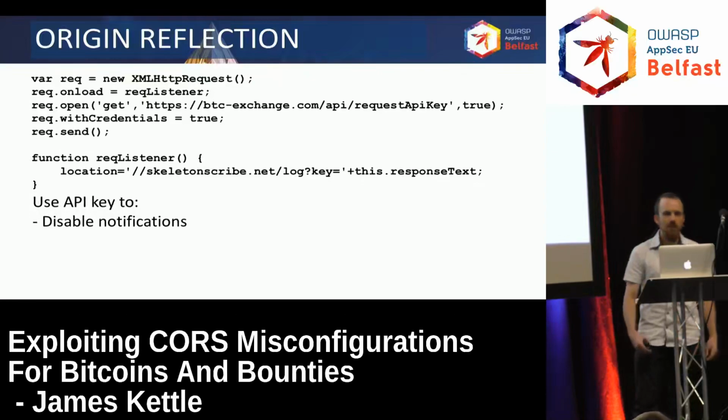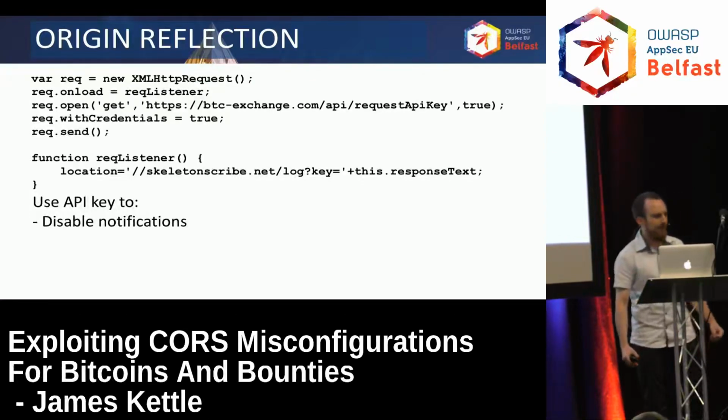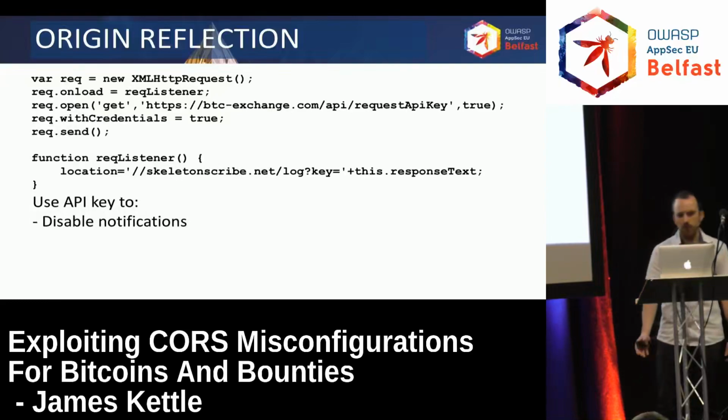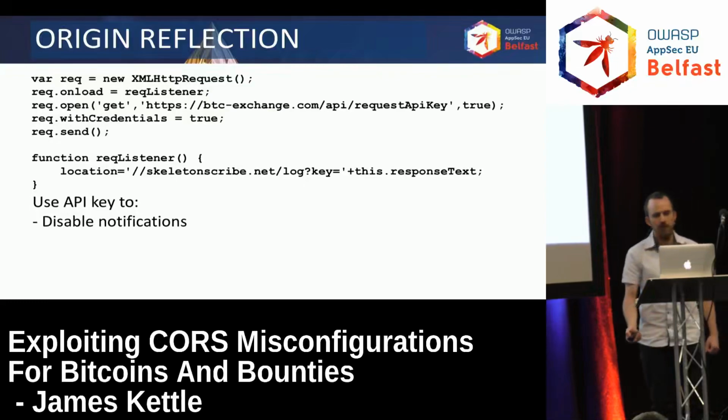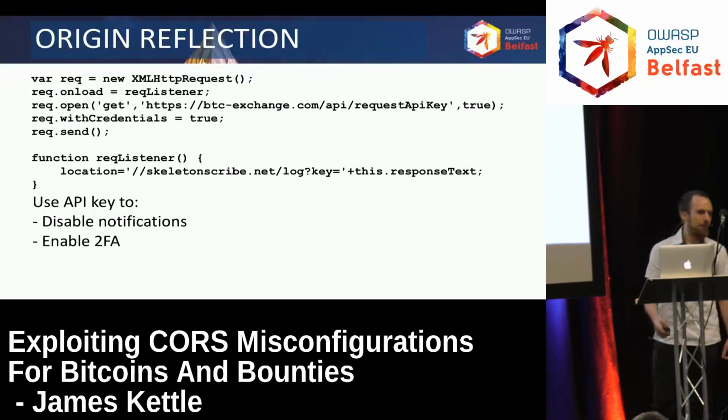If you sign in, you get a notification. If you change any settings, you get a notification. And if you make any trades or whatever, you get a notification. But that's cool because the API key can be used to silently turn off all notifications. After that, I'd probably enable two-factor authentication on their account tied to my phone, which just means they can't log in, and sets me up nicely for the next stage,